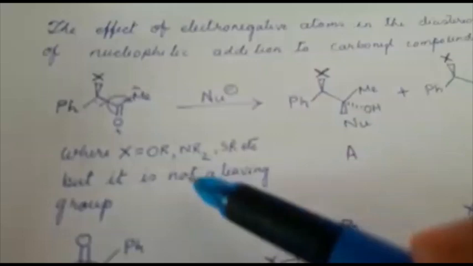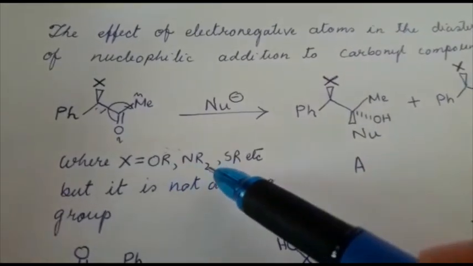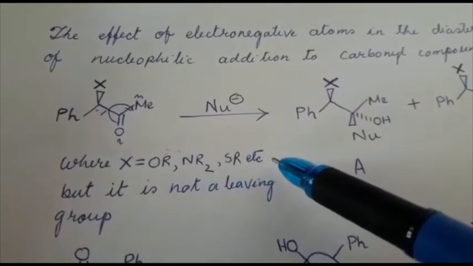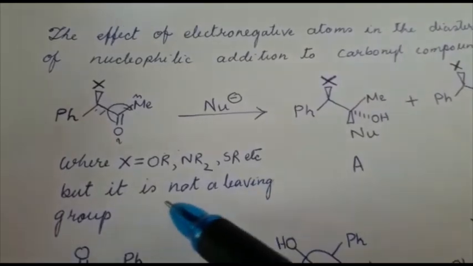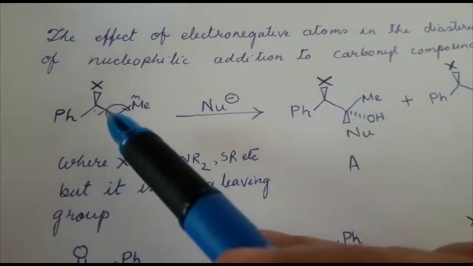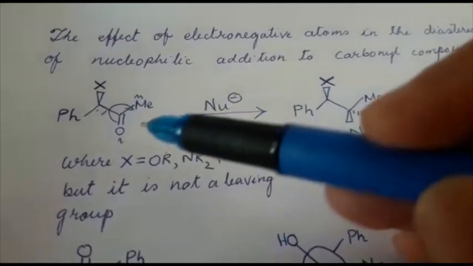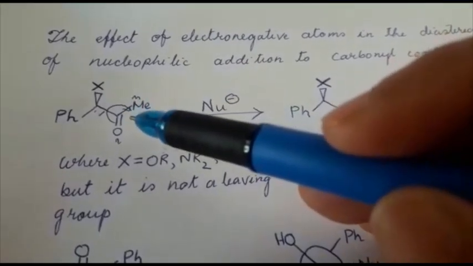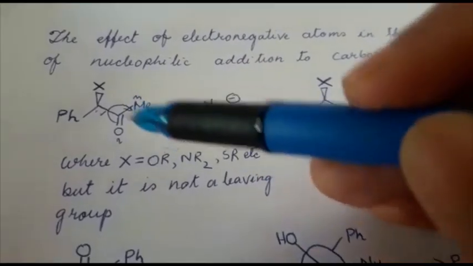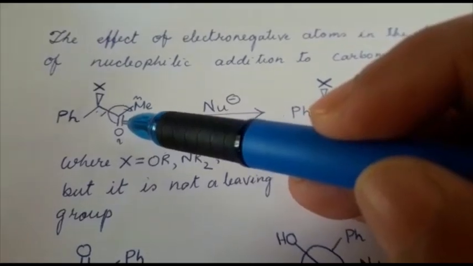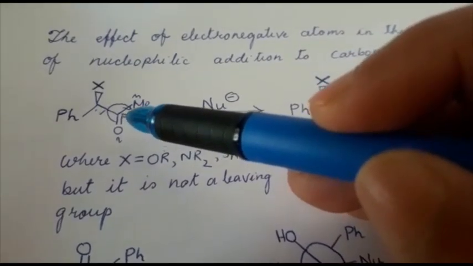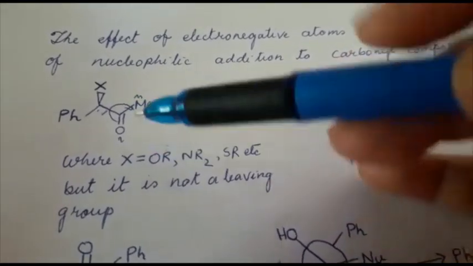Now this electronegative group can be O-alkyl, N-alkyl, thioalkyl, etc. But the condition is that it is not a leaving group. Now when the nucleophile will attack the carbonyl carbon, then it may approach from both the faces. We know that carbonyl is a planar group and it has two faces and we designate them as Re and